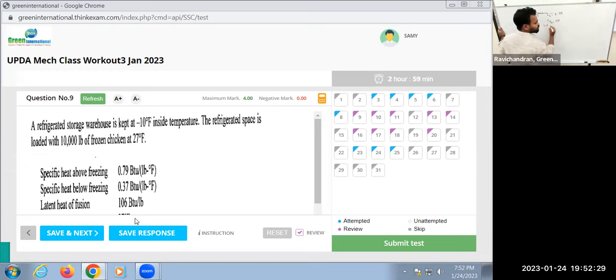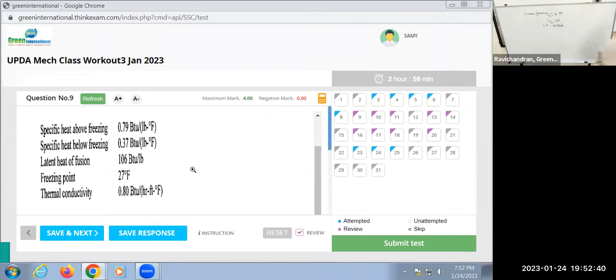Latent heat of fusion is 106 BTU per pound. And freezing point is 27 degrees Fahrenheit, and thermal conductivity is 0.8 BTU per